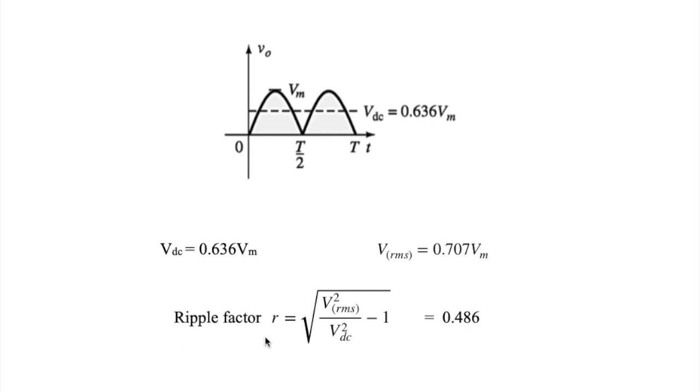Ripple factor of the time variation at the output is calculated using the formula root of Vrms square upon Vdc square minus 1. Knowing the equations for Vdc and Vrms, we can see that the bridge rectifier circuit is expected to give a ripple factor equal to